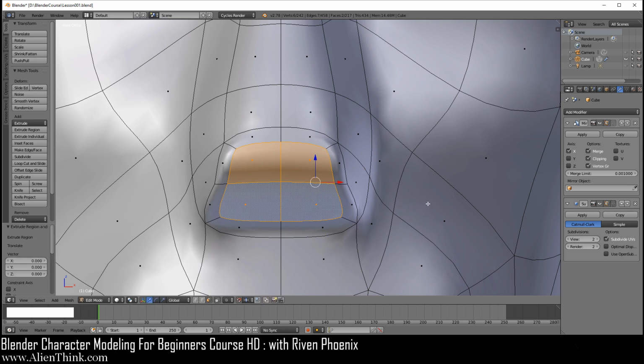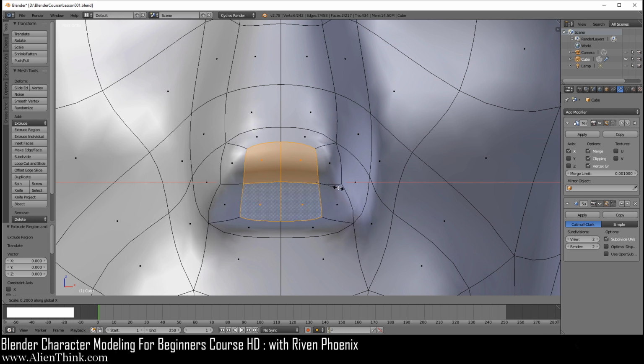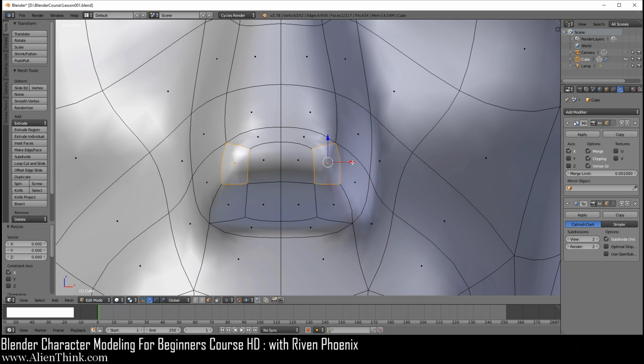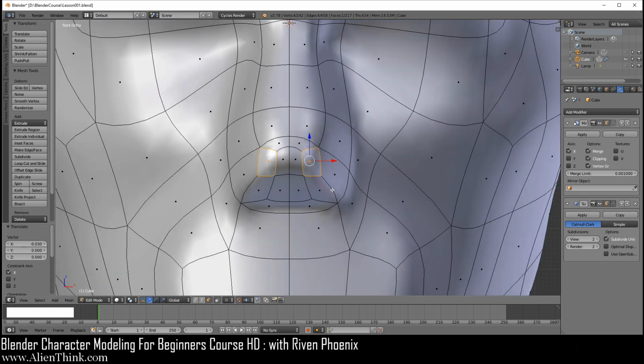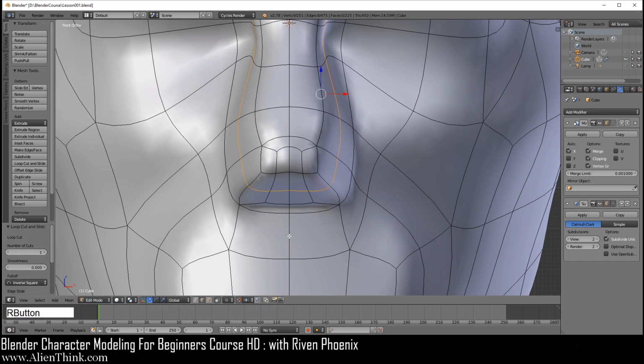You're going to press the S key to scale and then X on the X axis, and you're going to nudge it in 10 times. So 1, 2, 3, 4, 5, 6, 7, 8, 9, 10. Okay. Then you're going to click on this one and just come in 1, 2, and then 3. Okay. Next, we're going to do Control R and we're going to add an edge loop just like this over here. Go back to your face select mode.